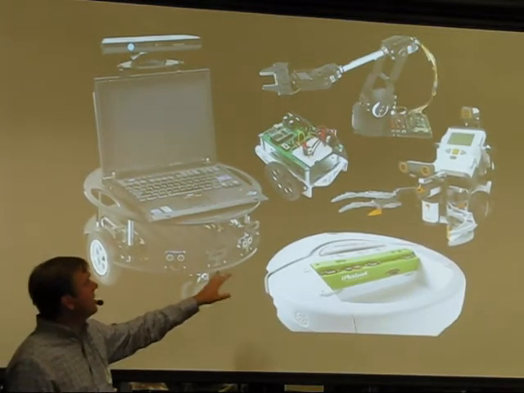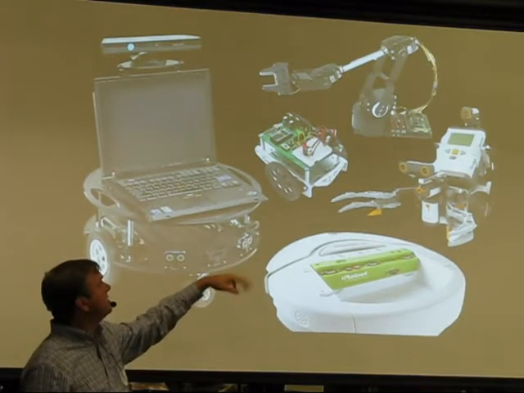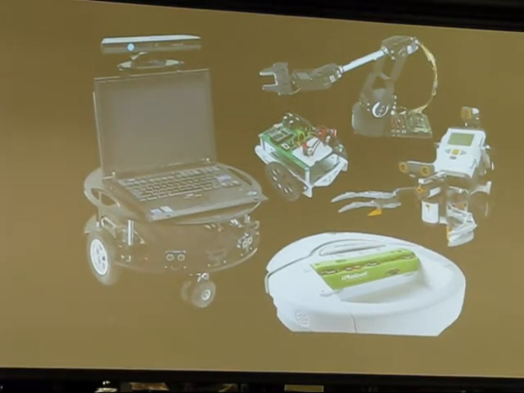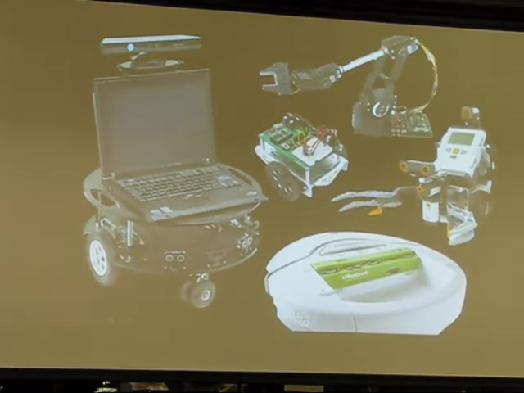So iRobot Create, other robots that are supported, obviously NXT, Boe-Bot, this Lynxmotion arm, and there's a few others out there. What this means for the manufacturers is that they're writing what Microsoft calls services that allow us as developers to talk to these robots through contracts and interfaces, and I'll talk a little bit more about what that means, so that we can spend our time worrying about high-level logic, the logic that we want our robot to execute, as opposed to having to worry about the communications protocols and all of that.